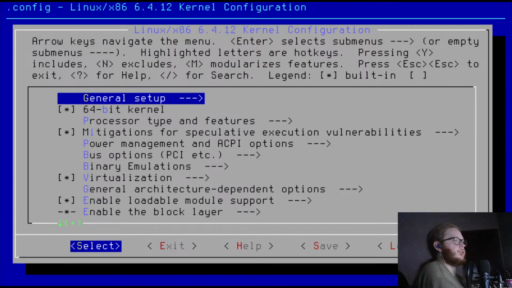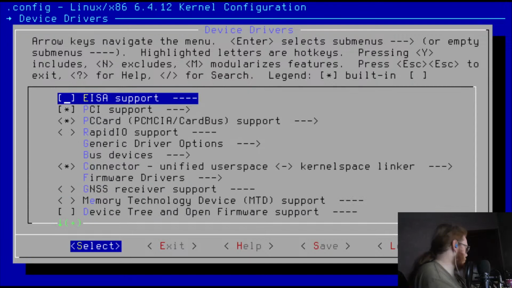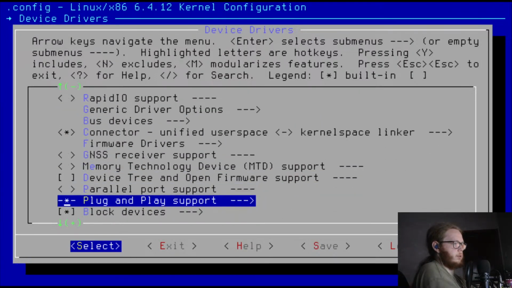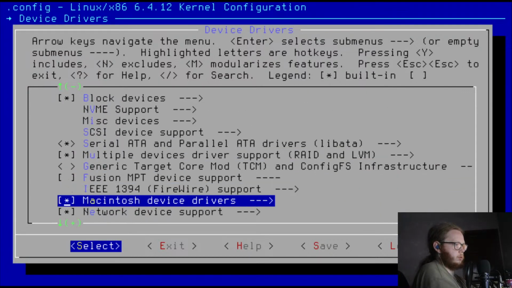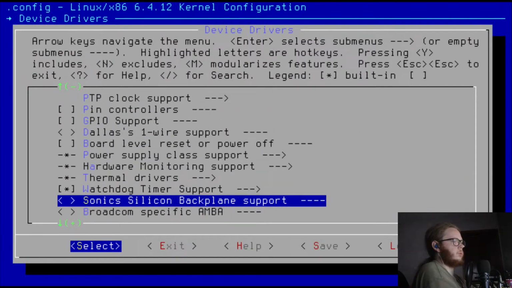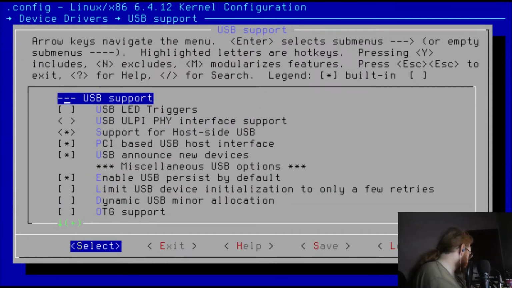Right, so device drivers. Device drivers, USB support, where is it? Where is USB support? USB support. Support for host side USB, where is it?